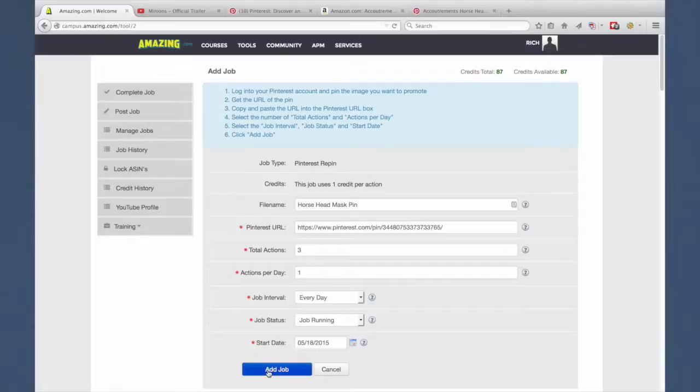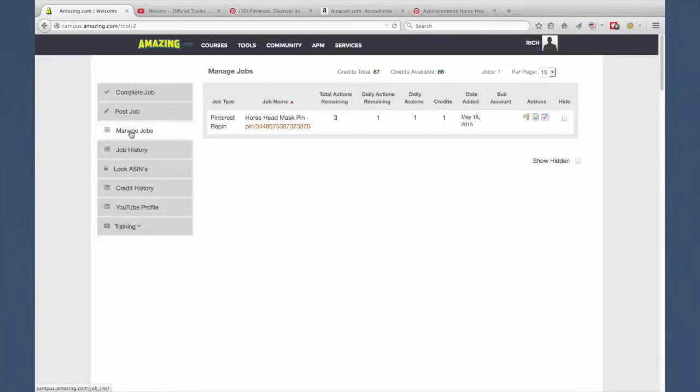All we need to do then is click Add Job. And there we go. We've now switched to the Manage Job screen, and there's our pin. Now, what I mentioned earlier about coming back and adding more actions, it's very simple to do. So for instance, if all your jobs have been finished, total actions remaining would say 0, and the same for daily actions remaining. So all you need to do is come back in to the second icon here,